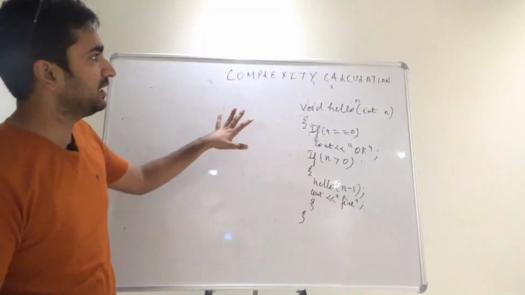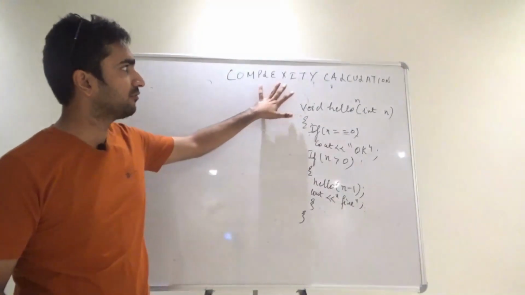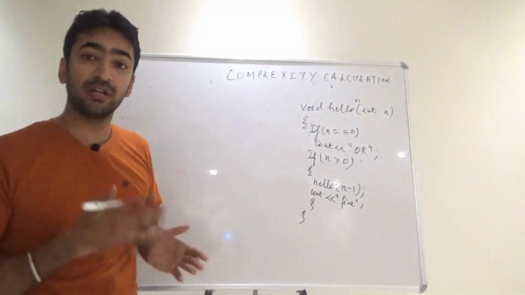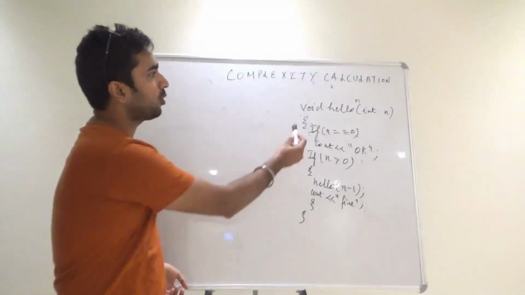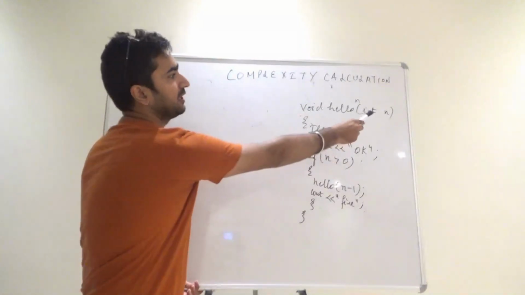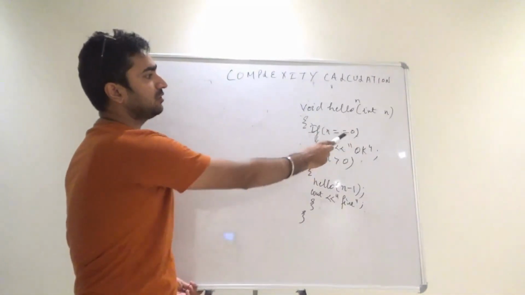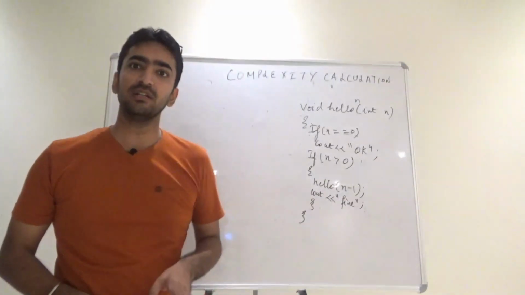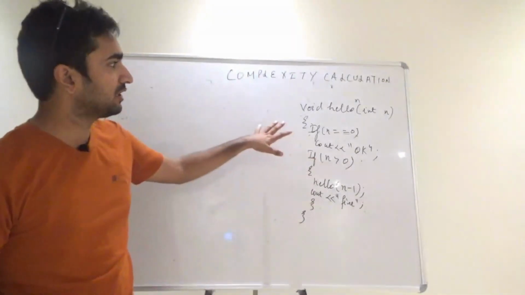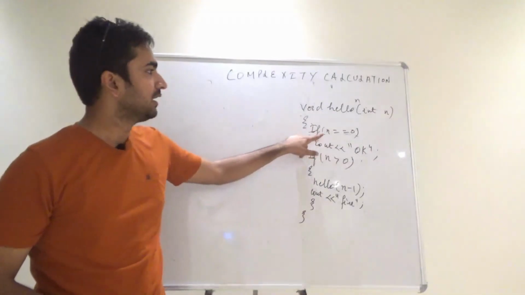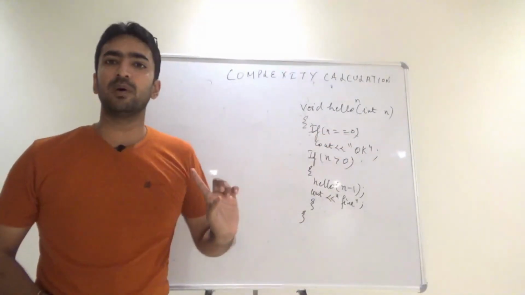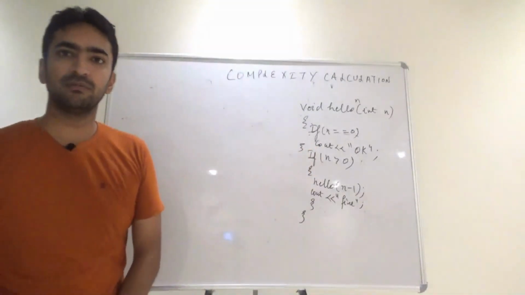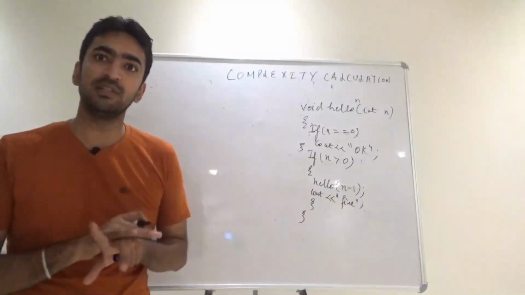Now importantly we again have code of recursion, because we are dealing with the complexity of recursion functions. So we have void hello and we have written int n. If n is equal to 0, there is one condition, because every recursion always has a terminating condition. So we have a terminating condition here as well. If n is equal to 0, it will just print one time, right? So it will execute this function only one time, and then it will exit.